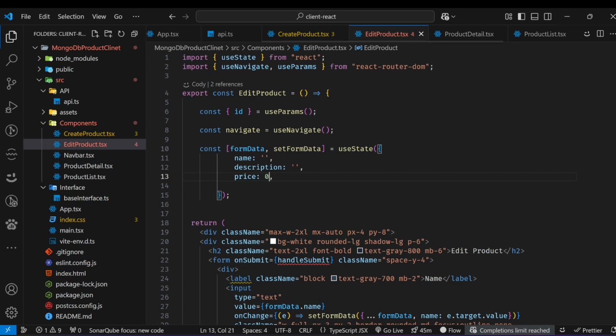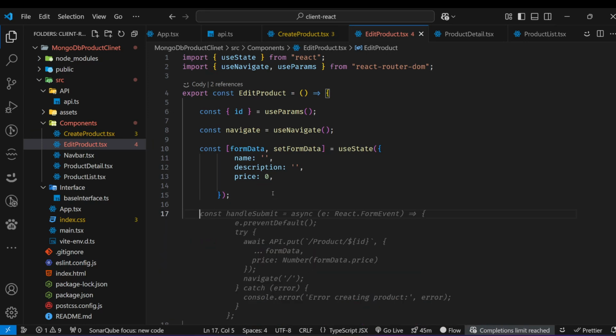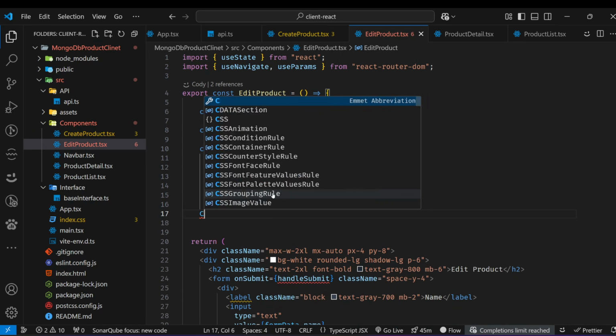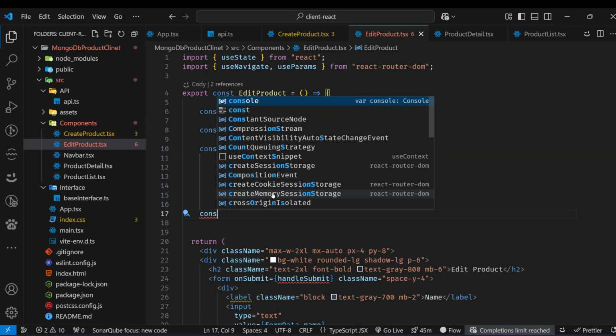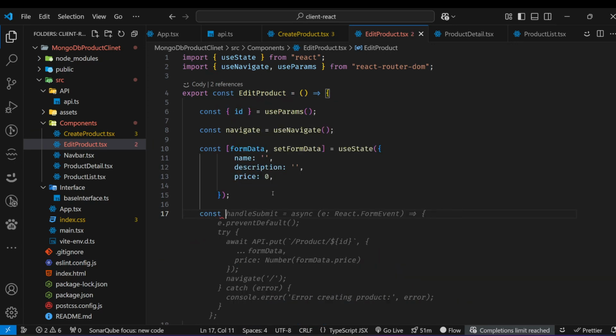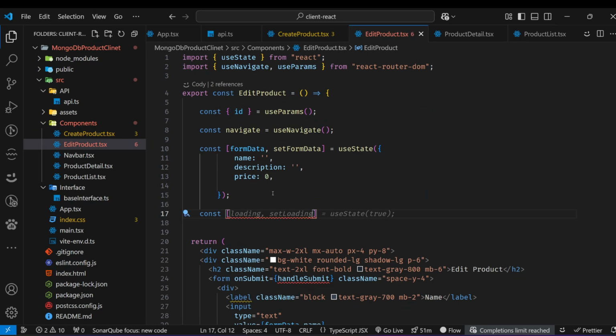Okay, good. And the next thing is that we set the loading to const. We see that const like this, and then we see that loading. Okay, and then we set the loading to true. Then we have the use effect that is also going to fetch the product, right? So we have use effect that is also going to fetch the product,